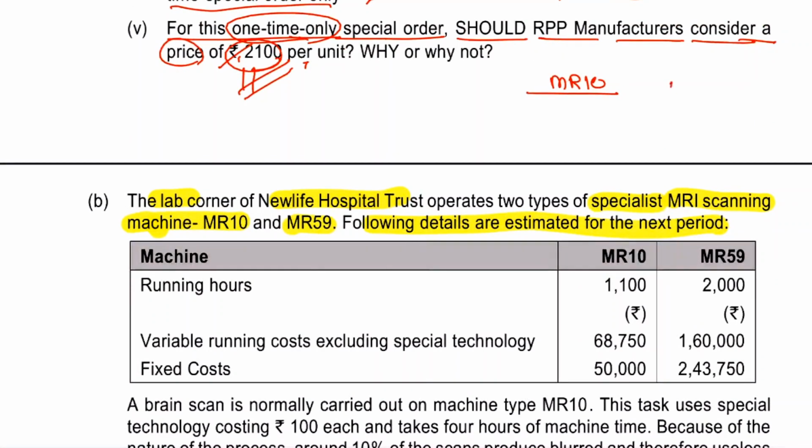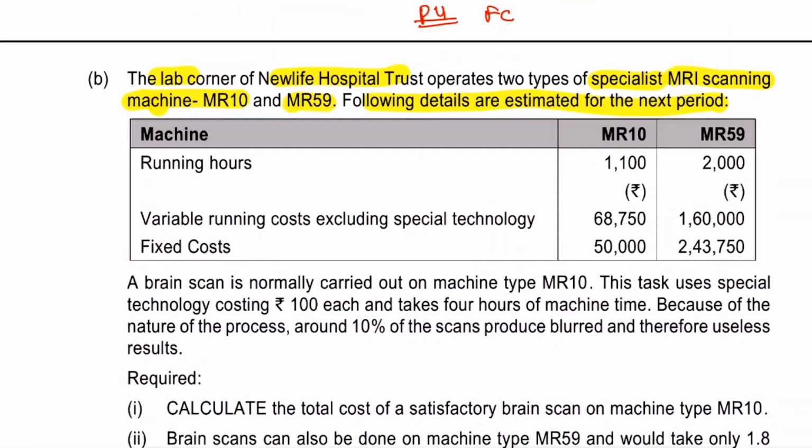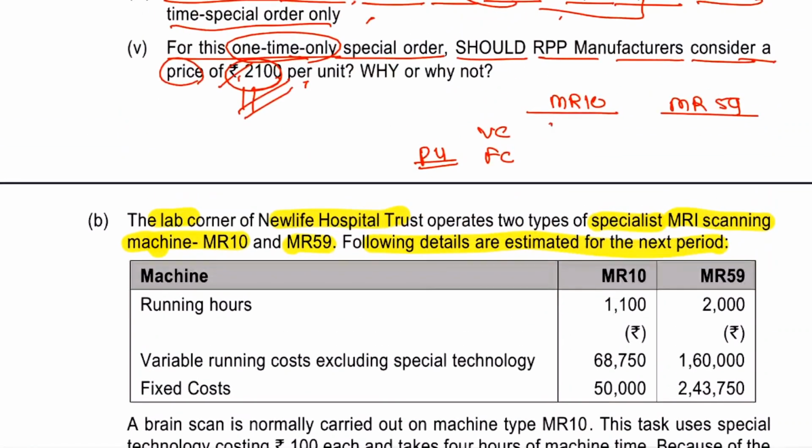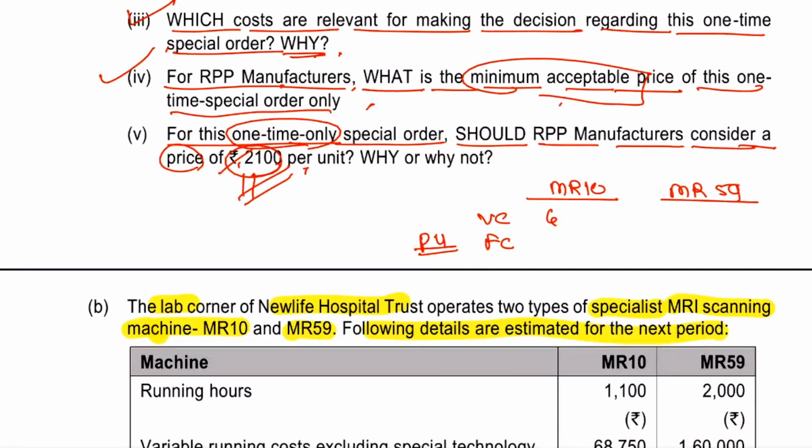MR10 का, MR59 का, variable cost and fixed cost. I need both in per unit. Okay. So first 68,750 divided by 1100, that is gonna be 62.5. Then 80, right? इधर